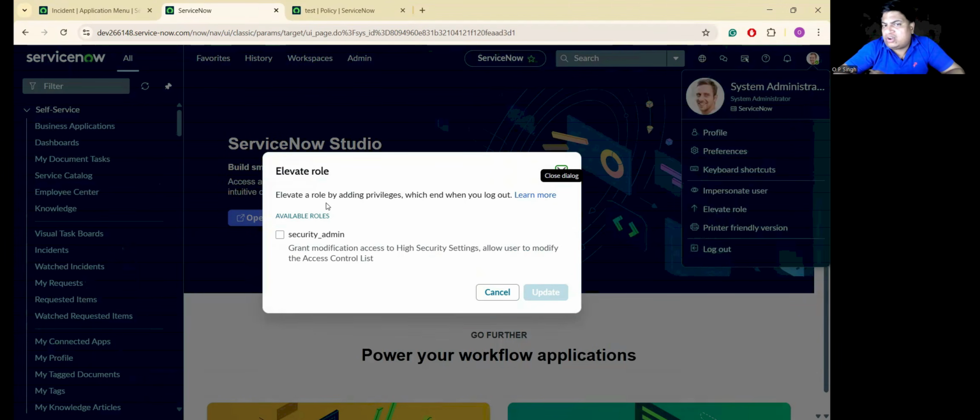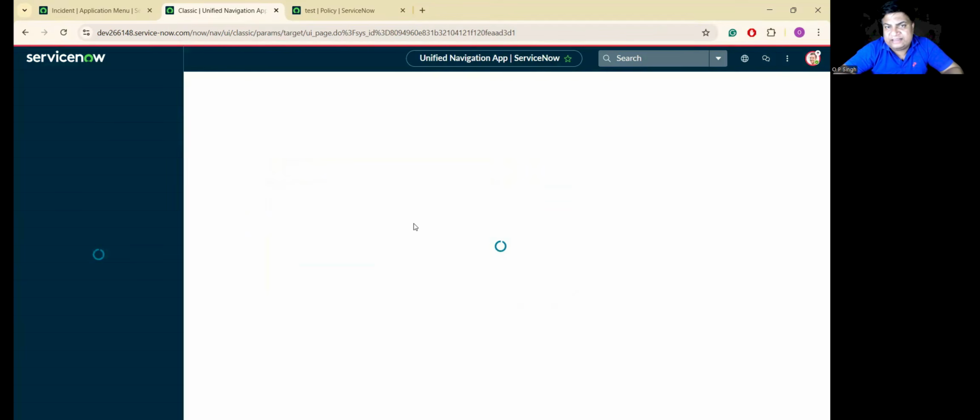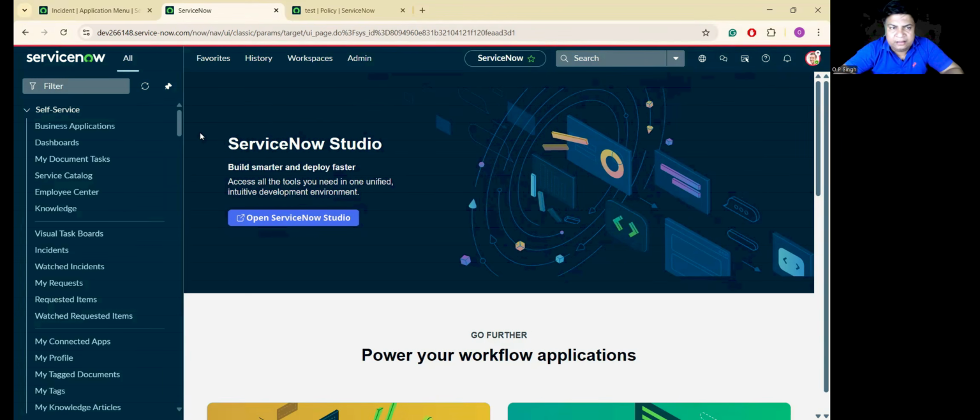Even admins are not able to do the access control things. They need to elevate role explicitly. Acquire the security admin role to manage high security settings. Okay, so if you click here and click on update, then only you will have high security settings available. So now I have done that. And now if I go to access control,